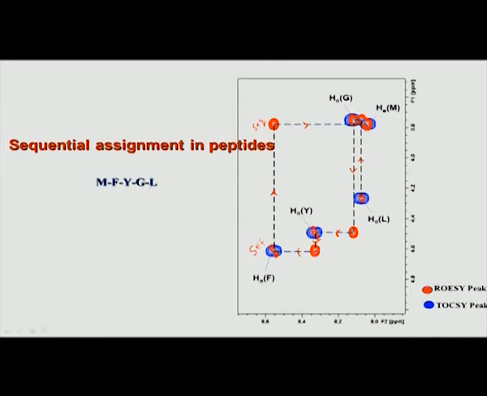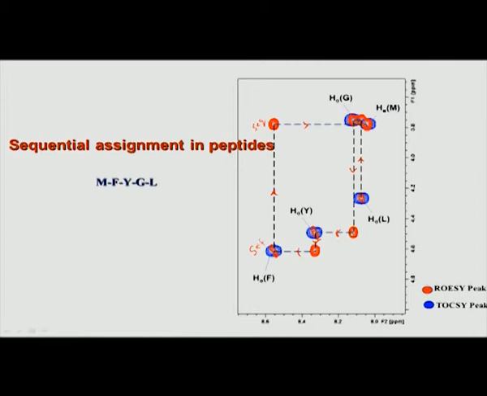I have identified the glycine in my previous TOCSY spectrum, and that glycine is this black line here, and you can see this is the glycine peak, because there is a TOCSY peak also coming there. Together, this is the self peak. Now, if I walk along this line vertically, I see a red peak which is not there in TOCSY. It is only a red peak, there is no TOCSY peak, which means it is a sequential peak to glycine. So now I have identified the H alpha, this horizontal one, belonging to the sequential, and what is sequential to G? It is tyrosine. So now I have got the tyrosine peak here.